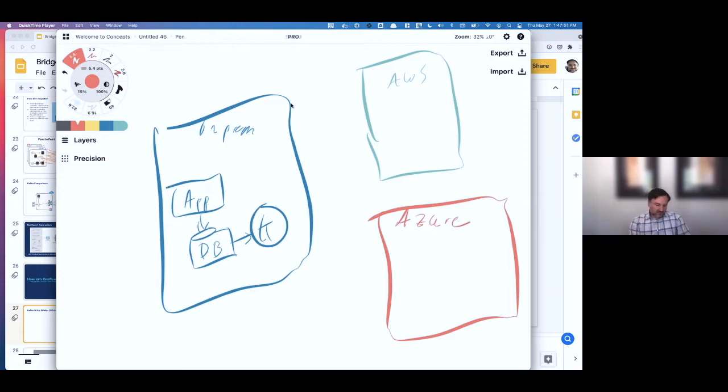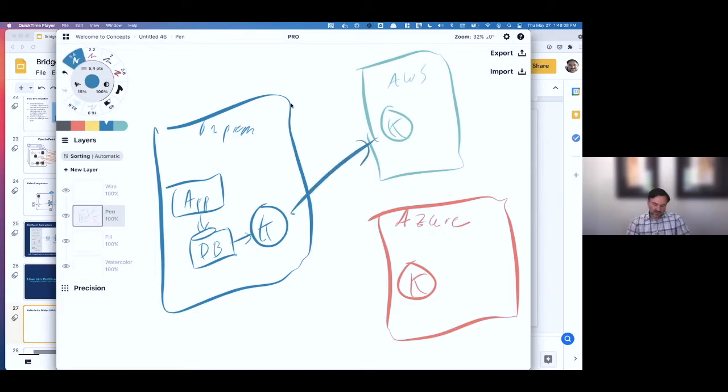So how do you do that? Well, one way is you can put a Kafka cluster in each one of these, and you can use that same replicator technology.